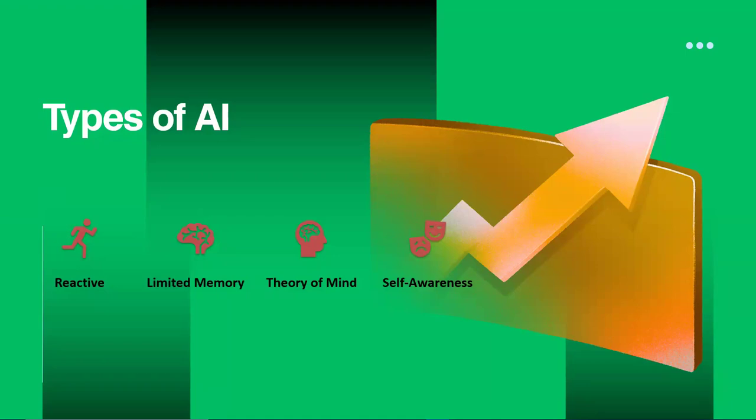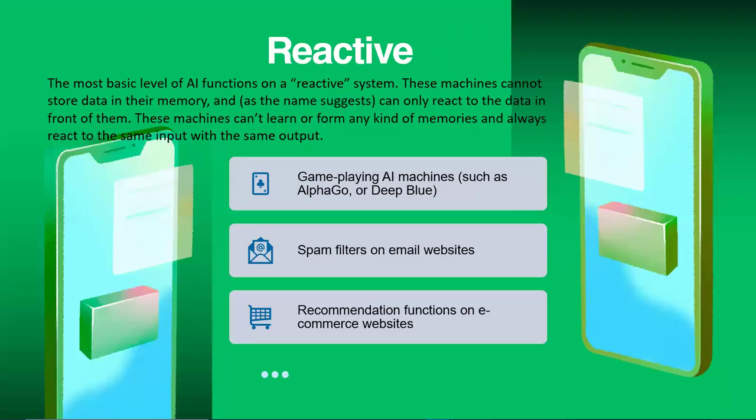Let's take a deep dive into each one of these different types of artificial intelligence and see what makes it up, what the features and characteristics are, and how we identify one from the other. Now, the basic and most common one is the reactive AI. The reactive AI is the most basic type of AI there is, and it is a reactive system. We train these machines to react to certain inputs.